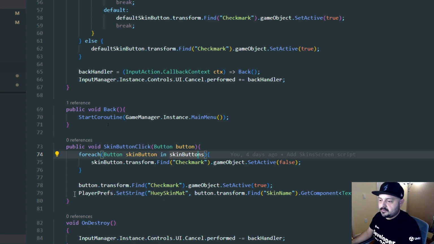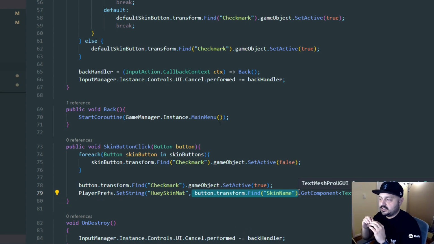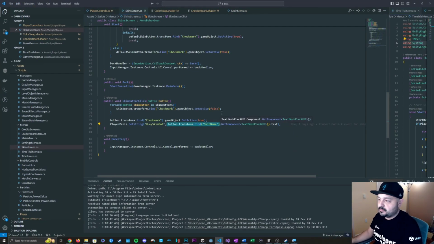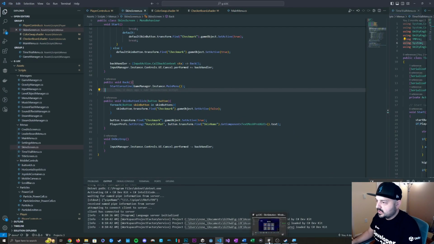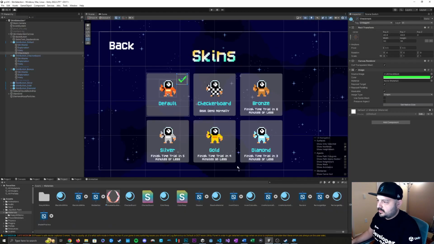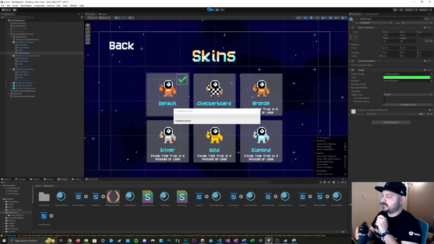And so what I'm doing is I'm saying player pref set the string of the Huey skin material to the name of the text object skin name within the button, because those names match the way we're storing in player prefs exactly. So it's a really nice, convenient way to do that. Actually, it's pretty efficient. And yeah, so checkerboard, bronze, silver, gold, they all match up exactly with the way we're storing them in player prefs. And one other trick I wanted to show you here really quickly